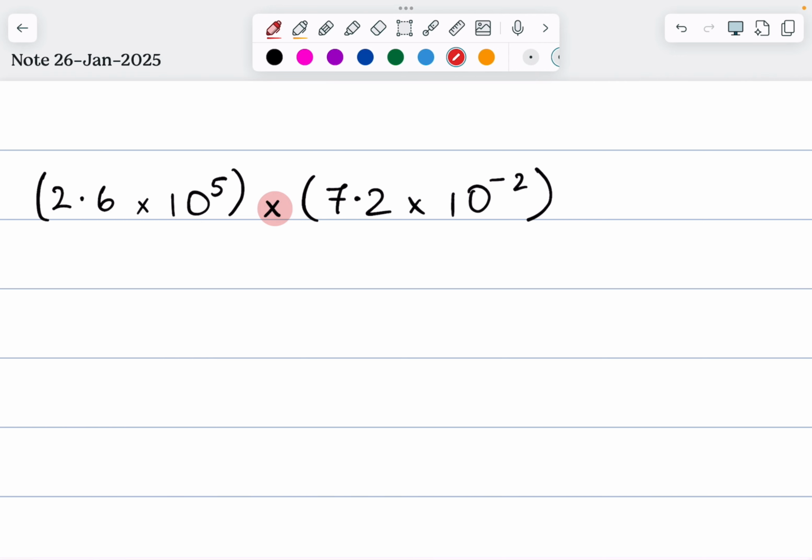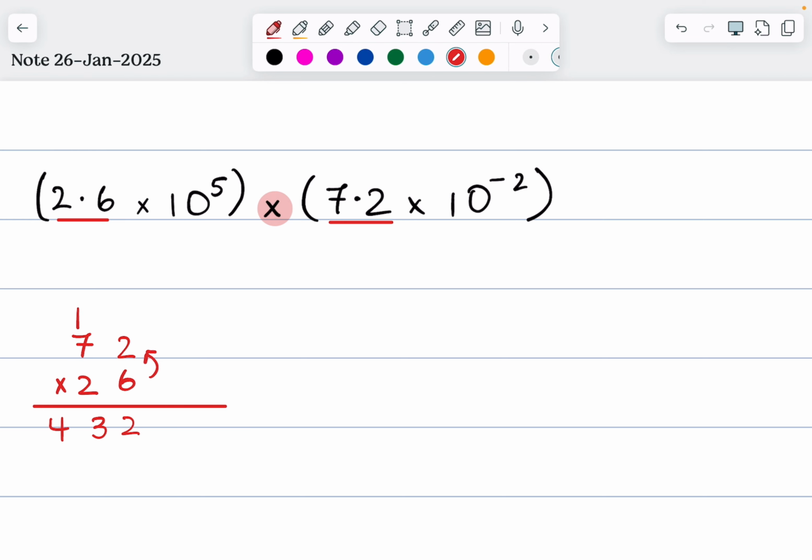ठीक है, सबसे पहले तो मैं अपने होल नंबर्स को होल नंबर से मल्टीप्लाई कर देती हूँ. आई विल मल्टीप्लाई 2.6 विद 7.2. ठीक है, डेसिमल मल्टीप्लिकेशन इज वेरी इजी. आपने जब मल्टीप्लिकेशन करनी है ना, तो you're going to ignore the decimals. तो मैं सिर्फ क्या मल्टीप्लाई करूंगी, I will multiply 72 with 26. Got it? अभी के लिए. So 6 times 2 is going to give me 12. So 2 here, 1 up. 6 times 7 is going to give me 42. 42 plus 1 is 43.